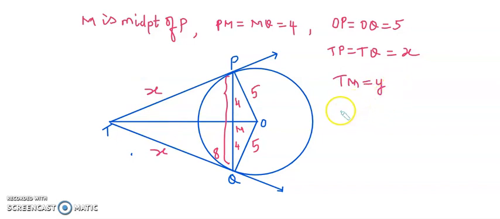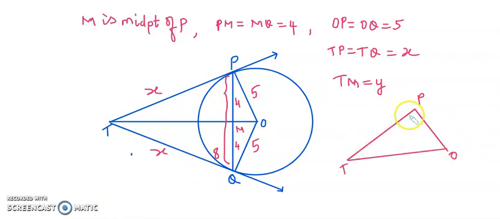Okay, now first thing is, if you look into this particular figure, that is specifically the OPT triangle. I'm going to draw it and explain it. So OPT or TPO is a right angle triangle which is further being divided into two triangles. One is this, which is PMO, a 90-degree triangle. Same way PMT is also 90. So we are going to work on these three triangles to get the measurement of X, Y. So this is my Y, this is my X, this is 5, this is 4.